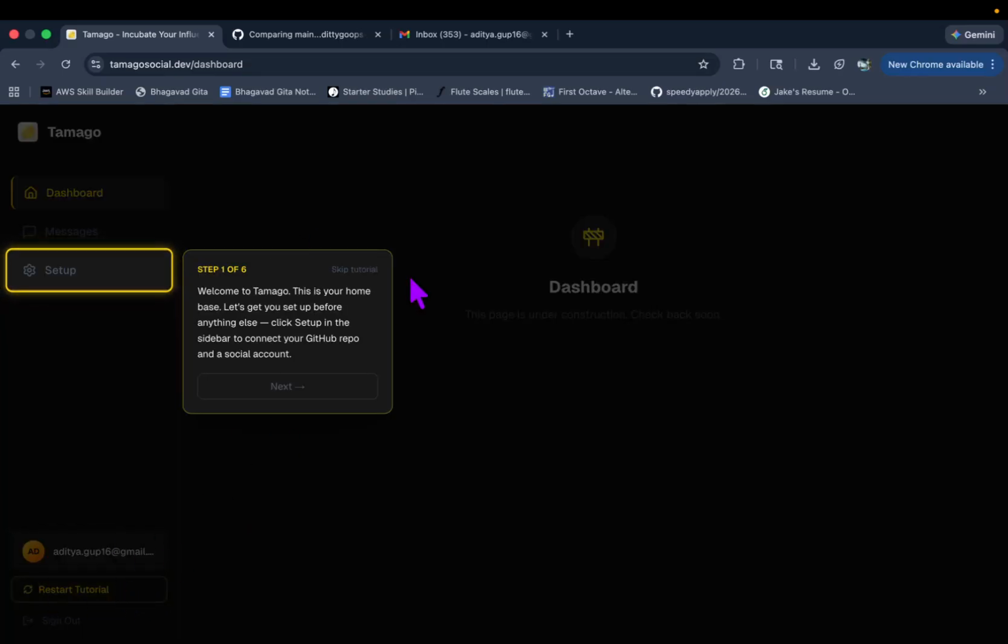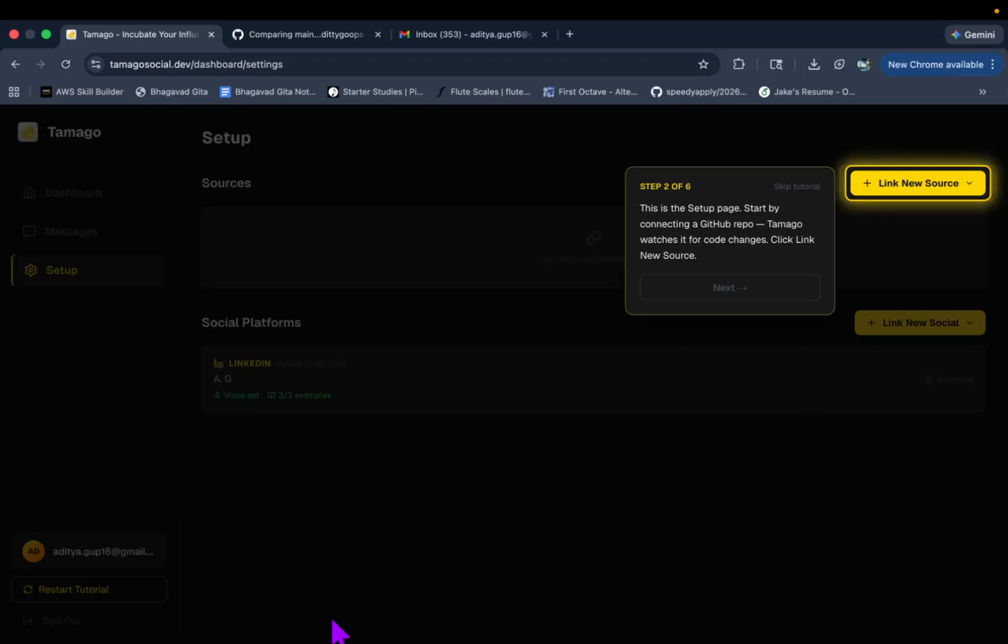So welcome to Tamago. This is our home base. Let's get us set up. We can click setup and we'll be able to see our setup page. So there's only a few steps required where we can first start by connecting a GitHub repo. And when we click link new source, you can see that there's GitHub, and we're also going to be adding